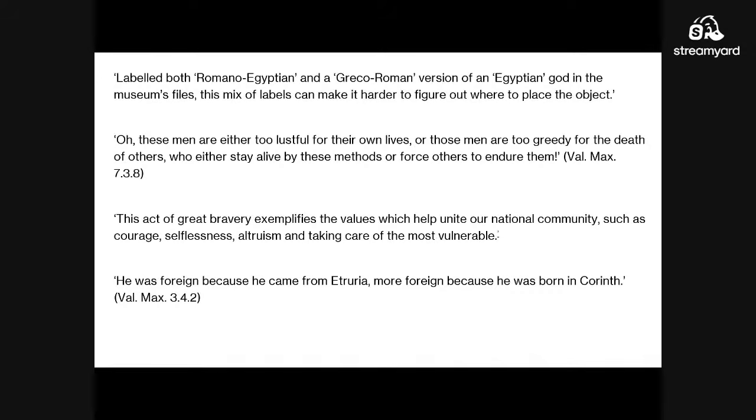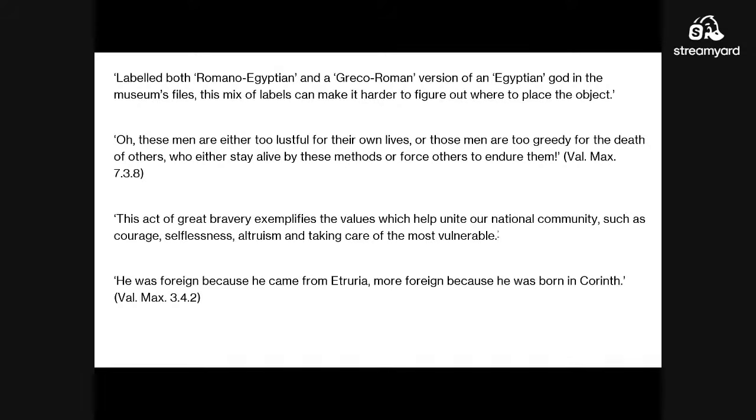Similarly, in Valerius Maximus's ancient worldview, behaving like a Roman could be enough to make you an honorary or even legal Roman. The exemplum we chose to illustrate this comes from his chapter concerning people who rose to an outstanding position from a lowly birth, or 3.4. Valerius describes Rome's decision to adopt Tarquinius to be their king. This is noteworthy because Tarquinius, who according to legend went on to be the fifth of 7 kings of Rome,